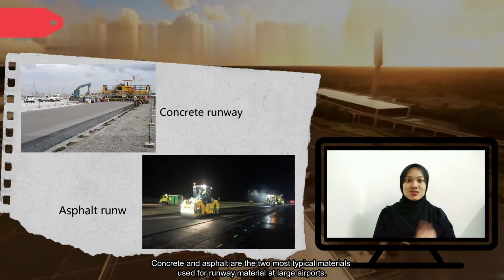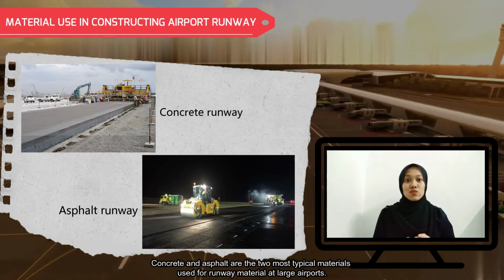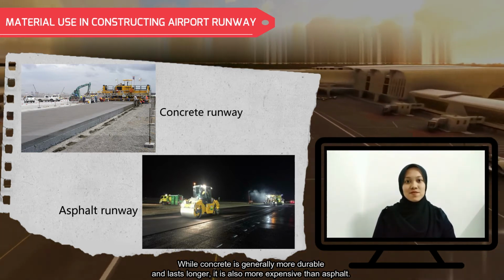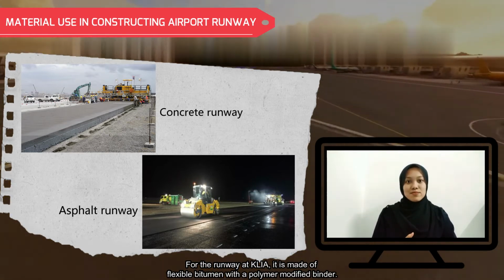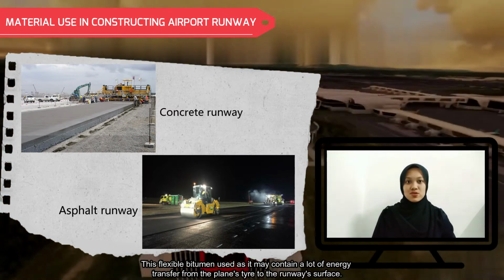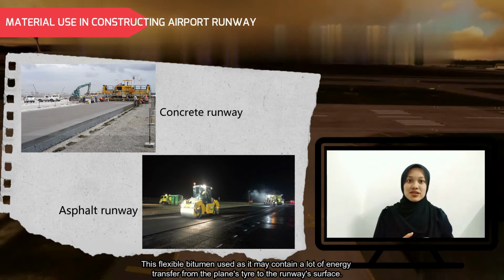Concrete and asphalt are the 2 most typical materials used for runway at large airports. While concrete is generally more durable and lasts longer, it is also more expensive than asphalt. For the runway at KLIA, it is made of flexible bitumen with a polymer modified binder. This flexible bitumen is used as it may absorb a lot of energy transfer from the plane's tire to the runway